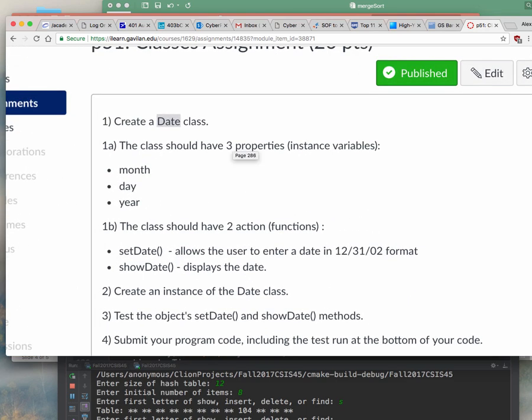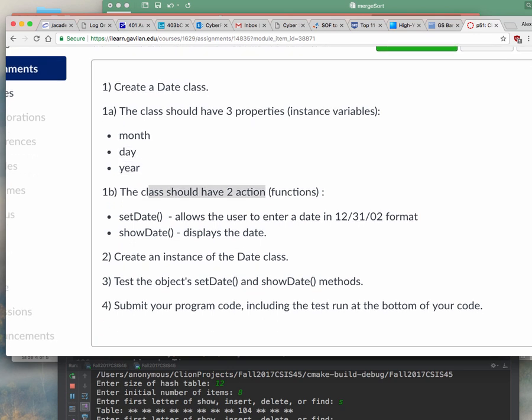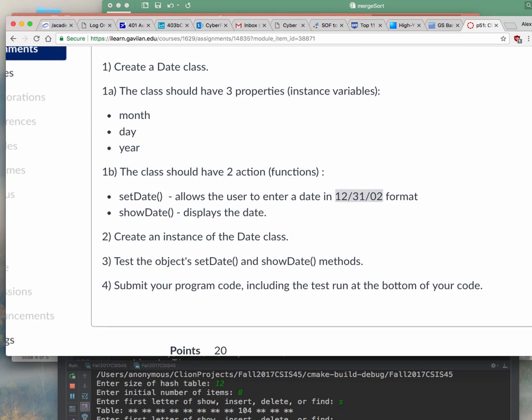And the class should have 3 properties or instance variables, right? And the properties should have these names: month, day, year. Okay? The class should have 2 functions, one to set the date, and one to show the date. And the set date allows the user to enter a date in this particular format, right? So you can have that kind of an input inside of the set date function if you want.